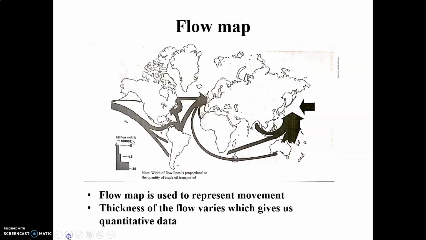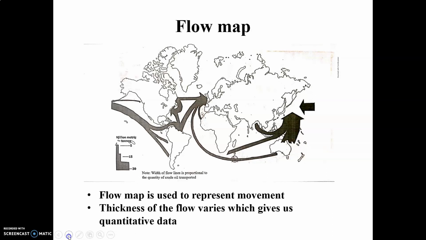After choropleth there is flow map. In flow map you will see arrows. These arrows show you movement of goods or flow of any object. From India you can see an arrow going to Japan. So you can say that million metric tons of coal is going from India to Japan. It also gives you quantitative data. Thickness of the arrow can be compared with the scale, and it can show you how many tons of coal is transported from India to Japan.